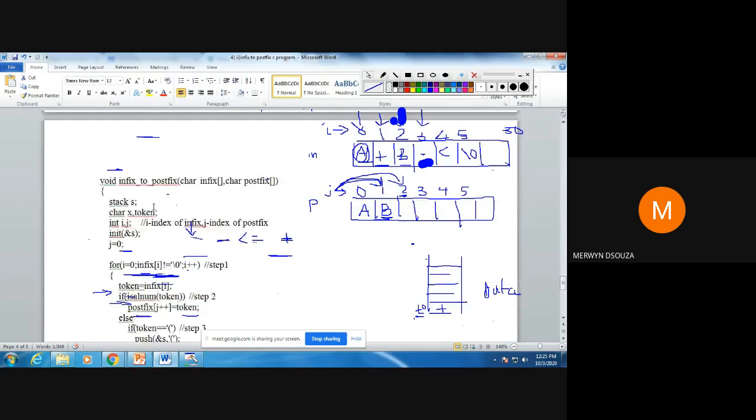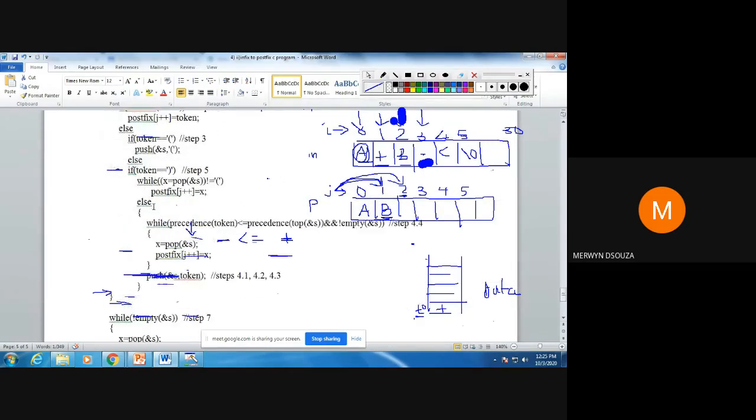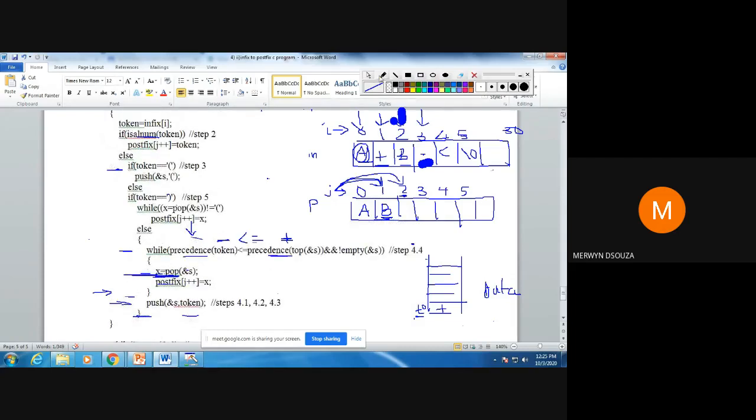So here what will happen? When you check the priority, it will return that the priority of this is 1. Then it will return the priority of what is there on the top of the stack, which is also 1. That means this is less than or equal to this, so this is true. Then you check this AND condition.